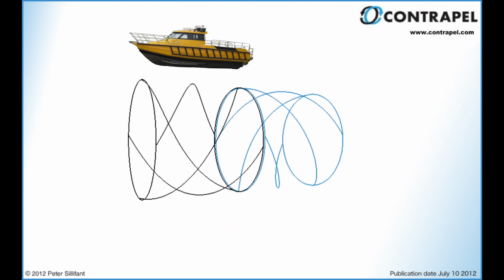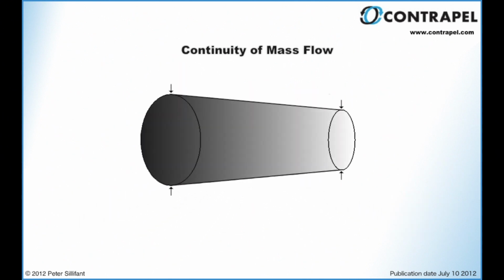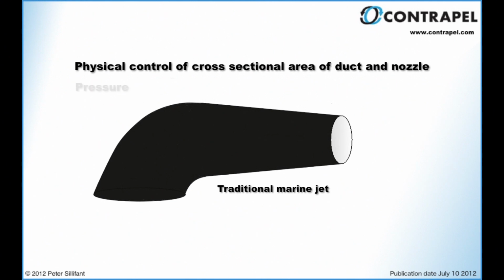In order to understand how this works, it is important not to equate the system too closely with a pressure jet, even though it outwardly resembles one. As a non-compressible propulsive medium accelerates through any propulsion system, its cross-sectional area decreases. This is true of any mass flow of non-compressible fluid that accelerates between 2 points and is known as the continuity of mass flow. The traditional water jet brings about this acceleration by manipulation of cross-sectional area in conjunction with